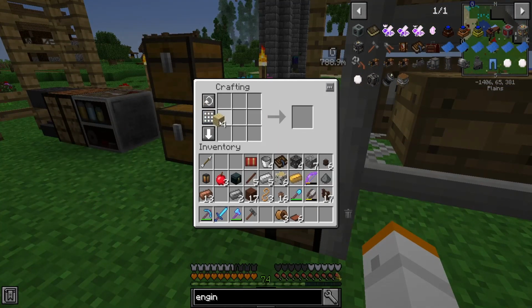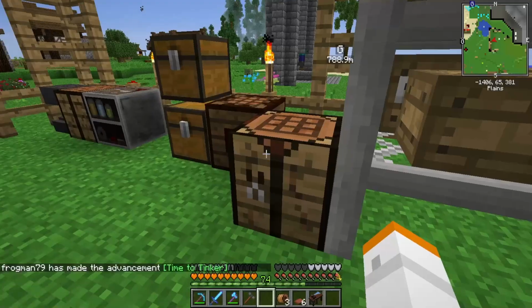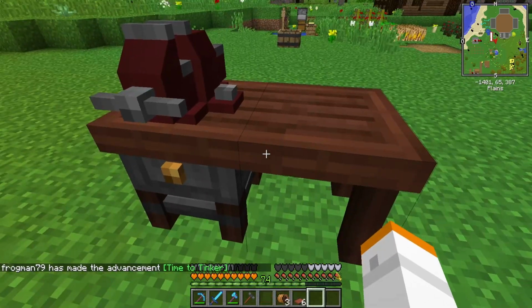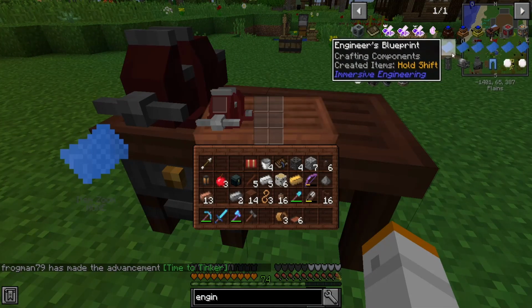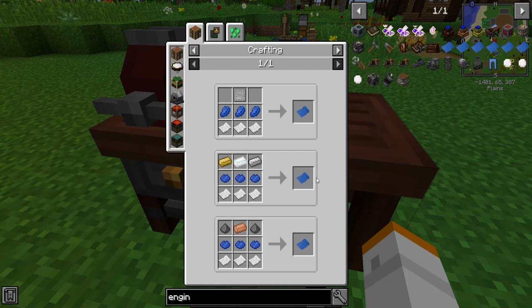So we need a crafting table. Crafting table, crafting table, crafting table. Engineer's workbench. Where did you go? There you are. Okay. Excellent. Now, this one is going to allow us to craft the little bitty parts that we need for this thing. And in order to craft the press molds, we need that blueprint, which is going to be